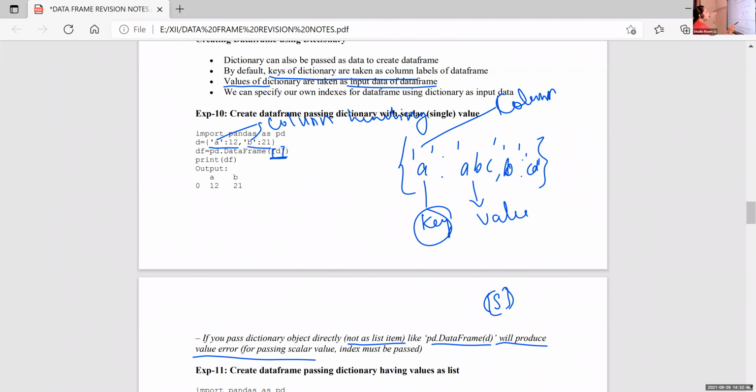But in the case of a dictionary, if I'm giving pd.DataFrame with simply D, without square brackets, it will produce a ValueError. For passing scalar values, an index must be passed.